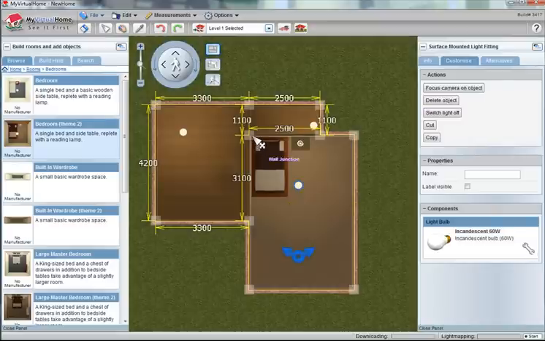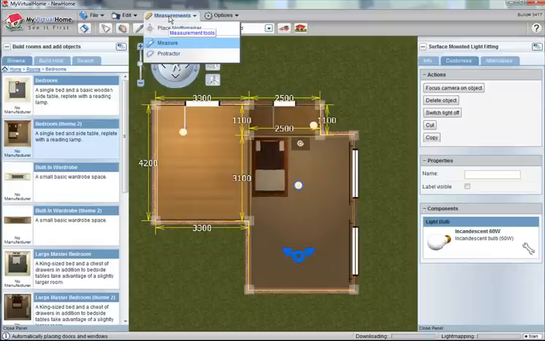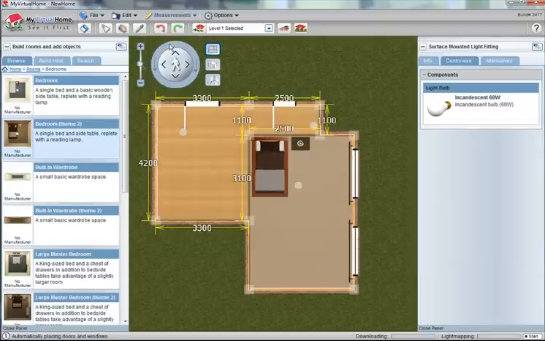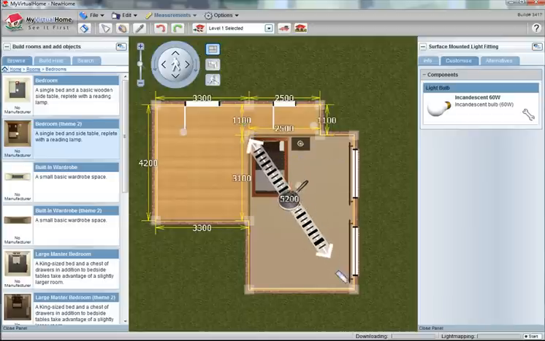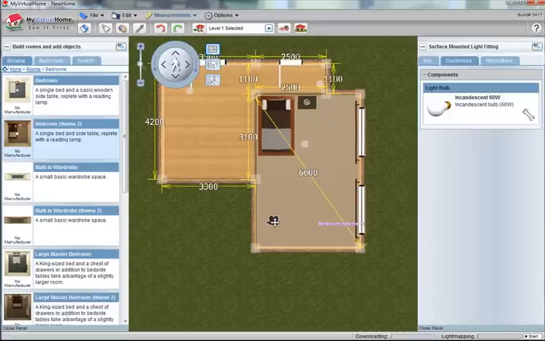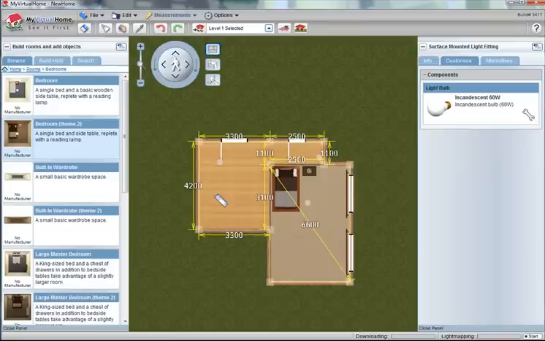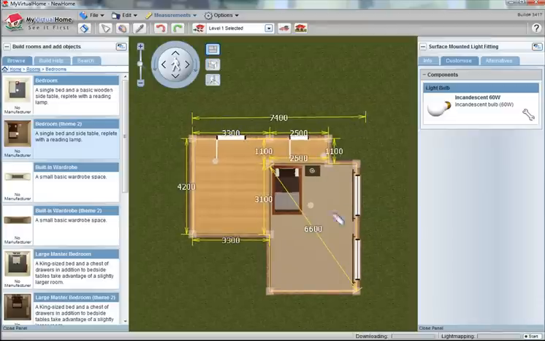We may wish to measure an angle across the house. Up here is a measurement tool, and where it says measure, this brings a ruler tool. I click on the corner, I drag to the other corner, and it shows me that it's 6.6 meters from one corner diagonally to the other. We may alternately wish to measure the outside dimension, something like this, to show that it is 7.4 from one